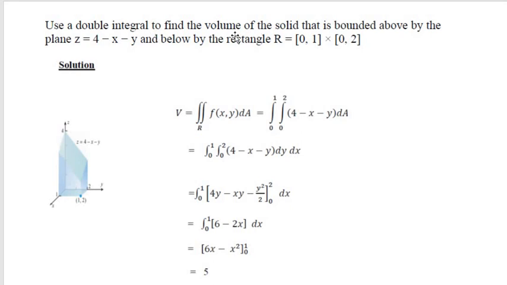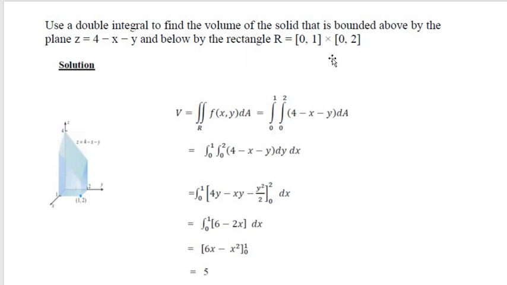When we consider a double integral, it represents the volume of a solid that lies under the surface z equal to f of x y, which is bounded by region R. In this example, we will consider a rectangular shape region R, and z is given by z equal to 4 minus x minus y. So consider the surface z. Volume is given by the formula double integral over R of f of x y dA or dx dy. From the region R, write the limits of integration.